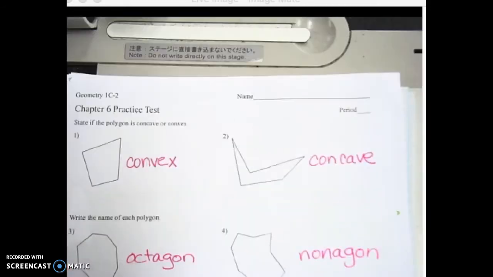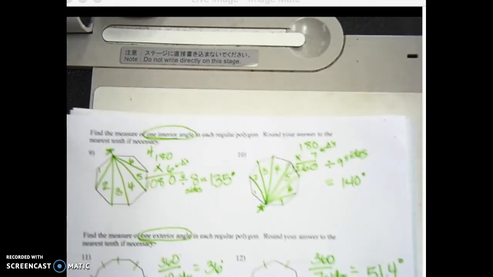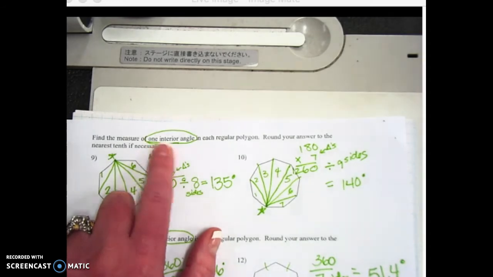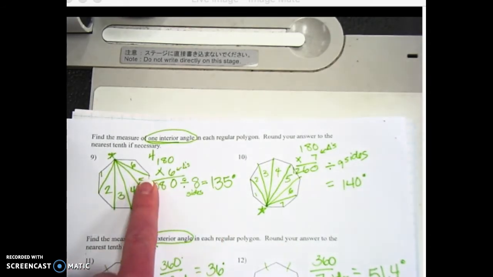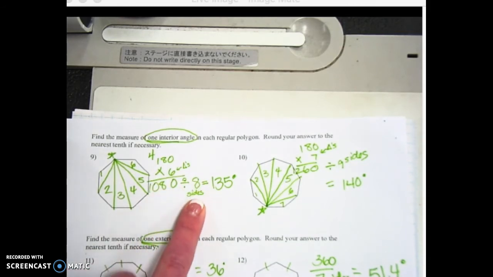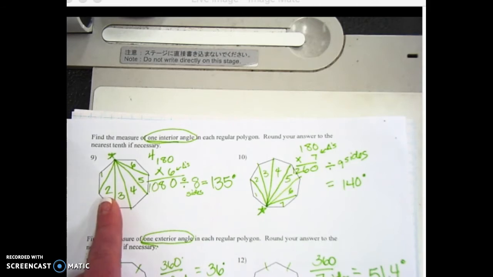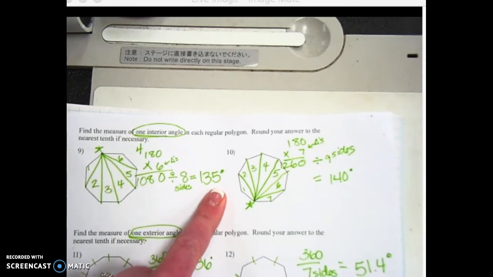Turn it over to page 2. Top of page 2, where you want 1 interior angle. So you start the same way you did before. You find the number of triangles and multiply by 180, but then you need to divide by the number of sides. Not the number of triangles, but the number of sides. And that's going to tell you how much one, or each, sometimes the word each is used,